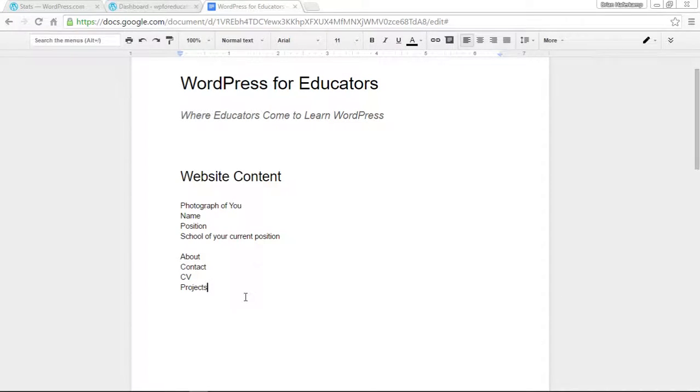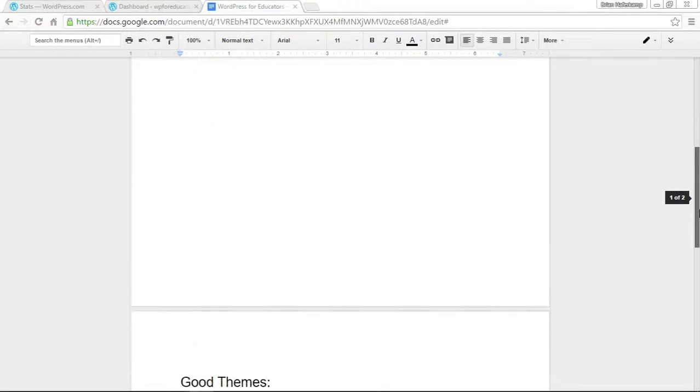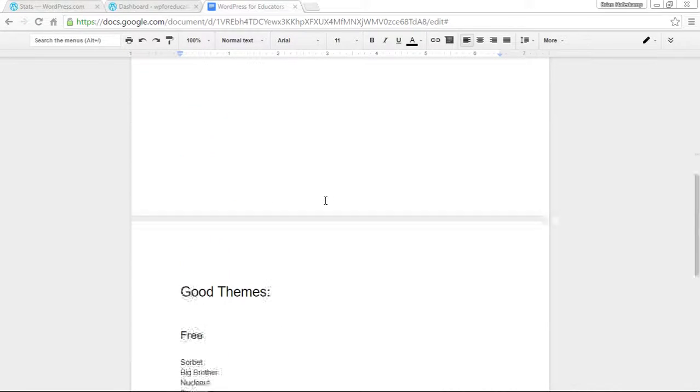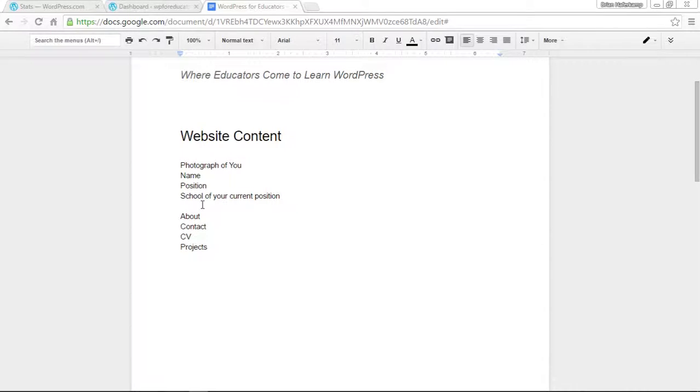And then maybe if you have some special side projects you're working on with another professor or another school or another school district or whatever you're doing, you can actually have a page for those projects to explain or to give a little bit more information and a link to the project site or something like that. What we also need is a theme, and so I've taken the liberty. WordPress actually has quite a few themes, so I've taken the liberty of going through and thinking through this type of information